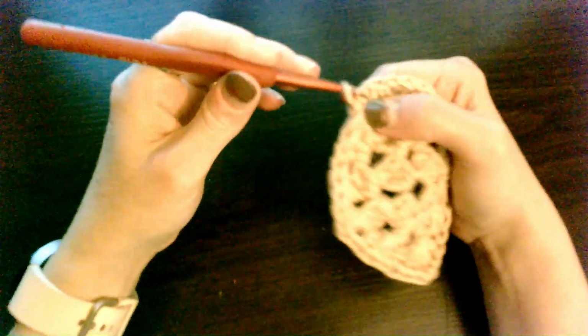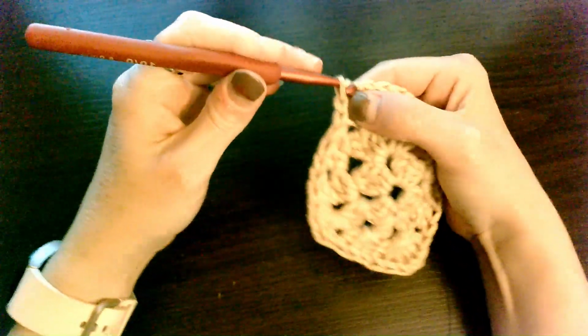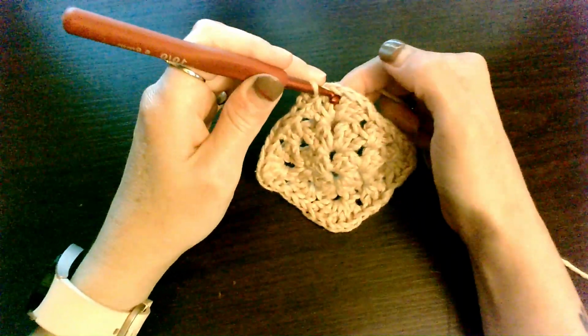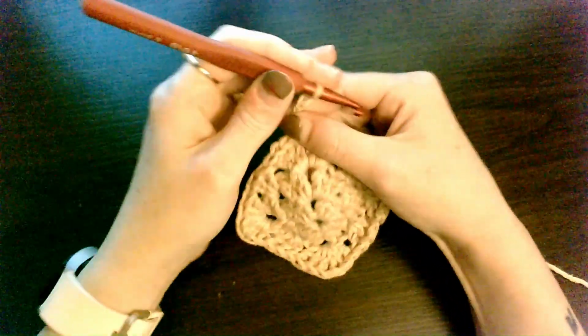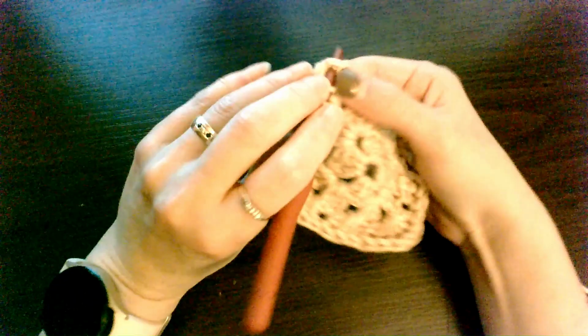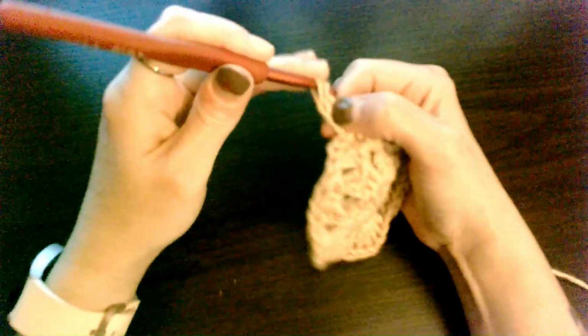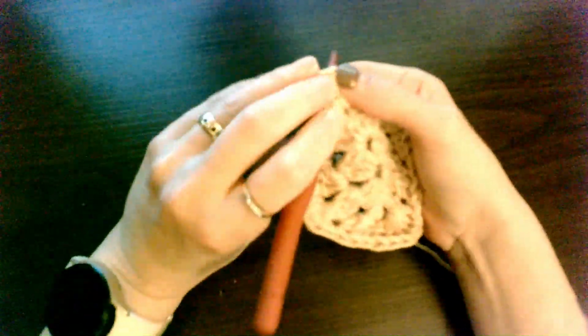slip stitch into the double crochet, slip stitch into the next double crochet, and then in your chain 3, slip stitch, chain 3, which counts as your double crochet, and then you're going to put 2 more double crochets back into that corner, chain 1, and then 3 more double crochets,